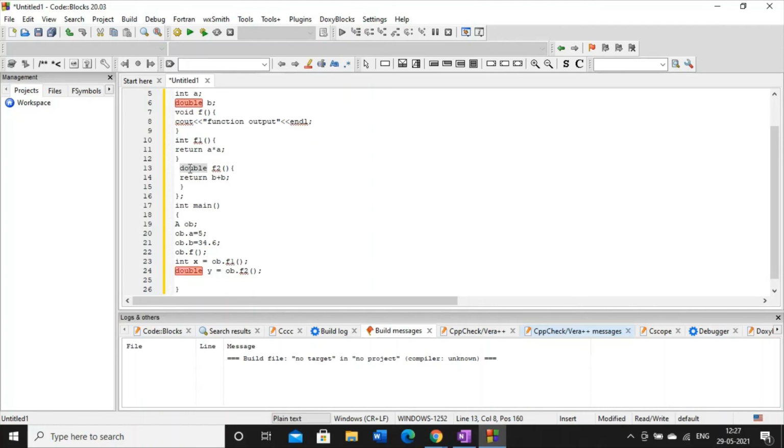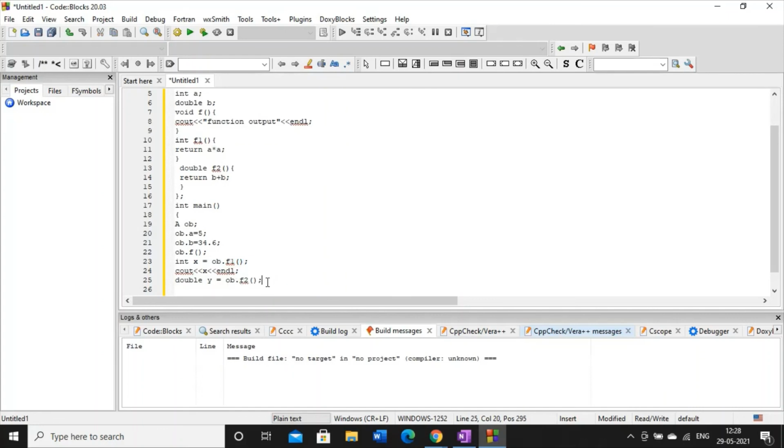Whenever we are having some function with return type, we cannot write cout directly. So in order to print the values of this function, we have to call the function and whatever calculation is performed within this function is stored in this variable. Later on, we can print this value, say x. So whenever I am printing the value of x, it means it will hold the calculated value of this function f1, that is x is holding a into a.